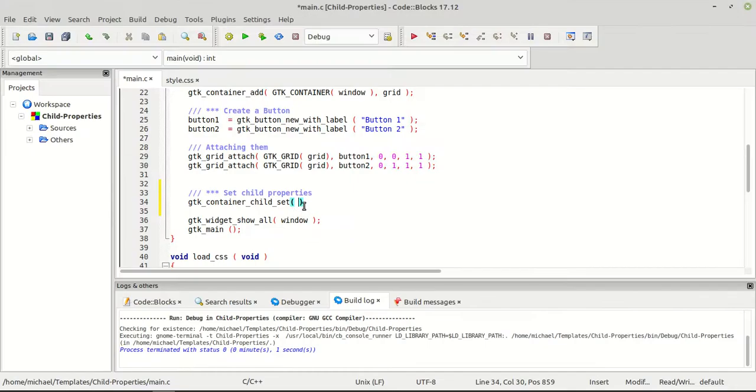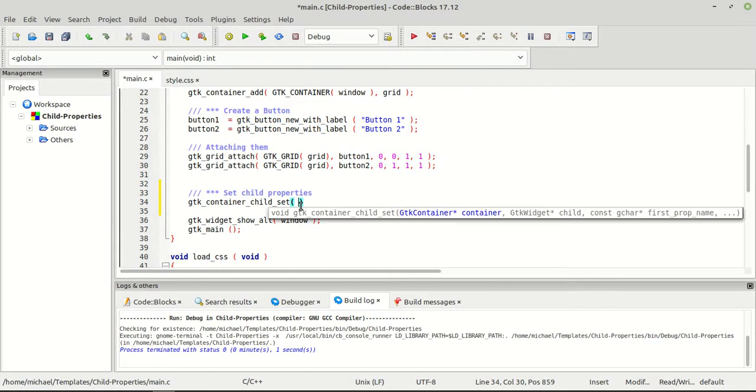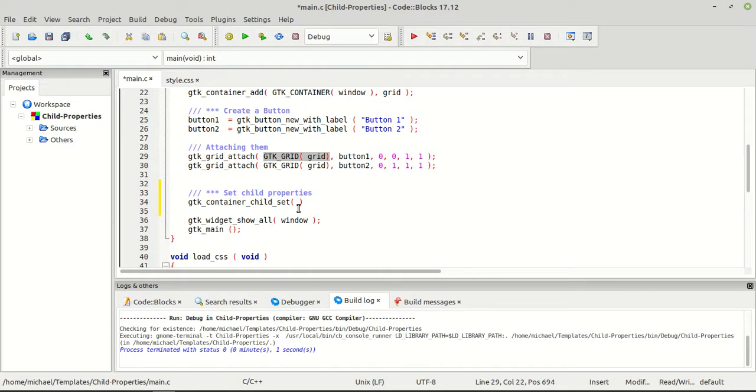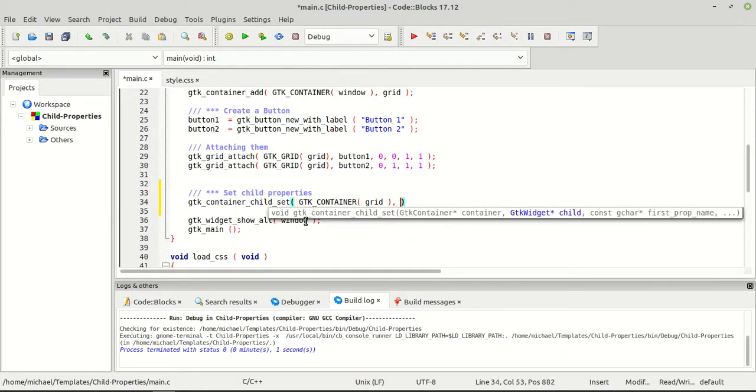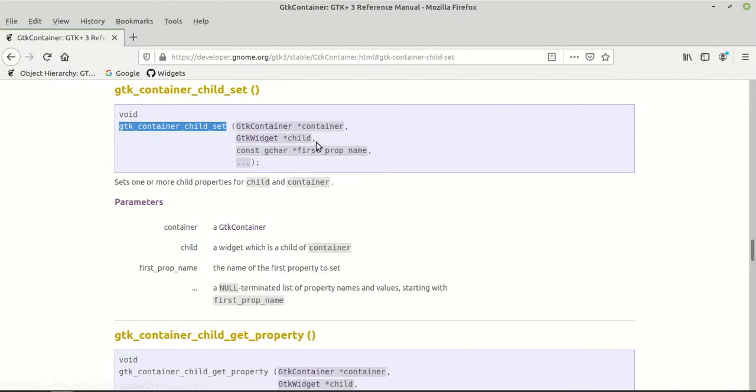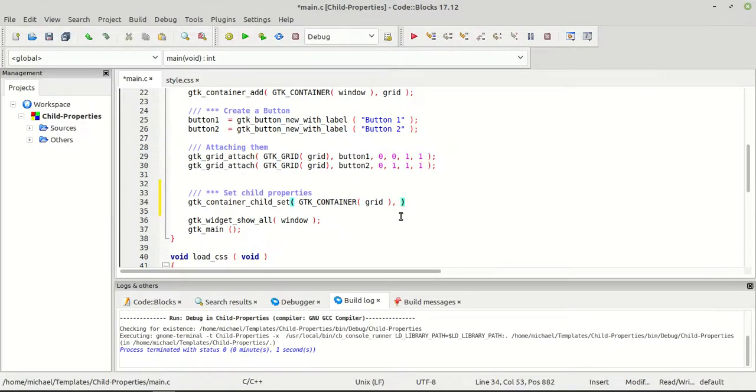In this case, the place where we are going to use our child is the same as here. So GTK grid, but we need a container and not a grid, you see. So basically we need to cast it to GTK container this time, and we are going to put our grid inside. The second one is the child, which in our case is the button. So we are going to use button 1, or you know what, I'm going to use only button 2